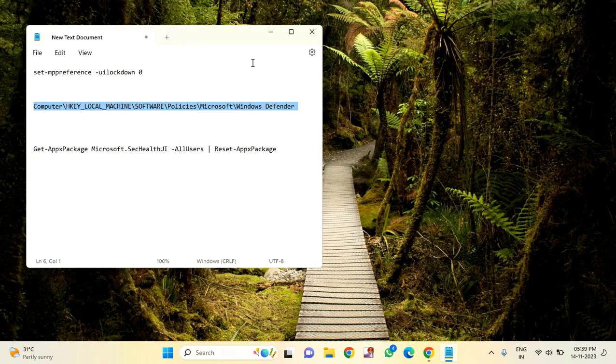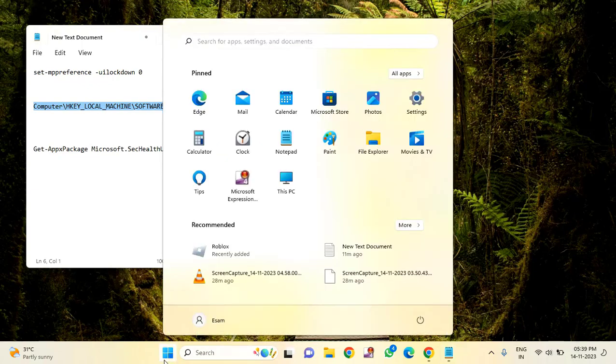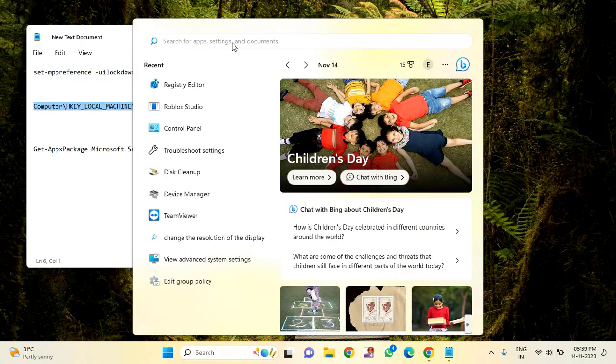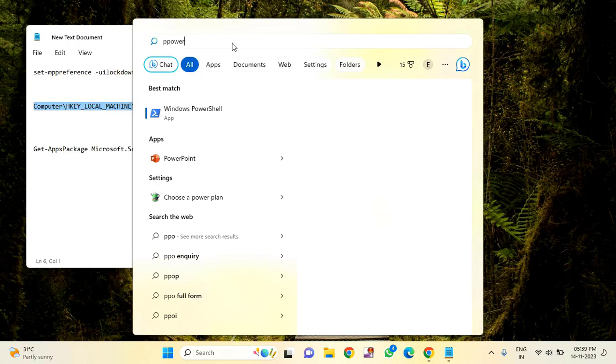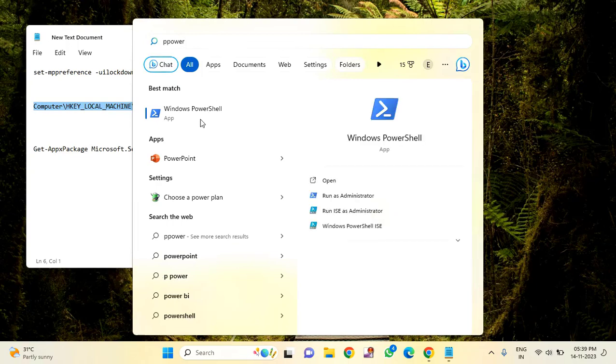After doing this, you have to restart your PC and check whether your problem is fixed or not. If you are still facing the issue, then again you have to open PowerShell. Just click on the start menu and type here PowerShell. Click on Windows PowerShell